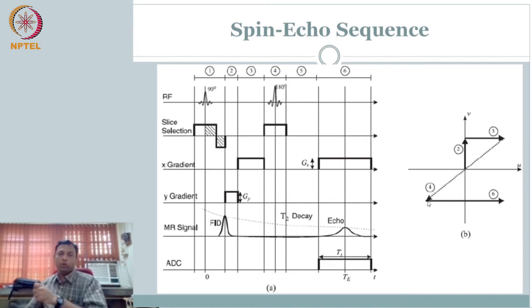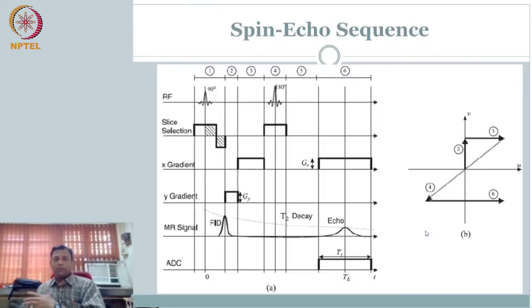Whatever signal that I am going to record is going to have minus U minus V as the starting location here, and then record until your TS, for the period of TS along the readout direction, which is U. Clear? So what we have seen is even our spin echo can be represented using the sequence diagram, and I should know how to represent it as a coverage in the frequency domain.